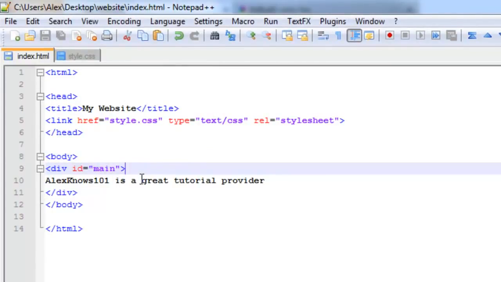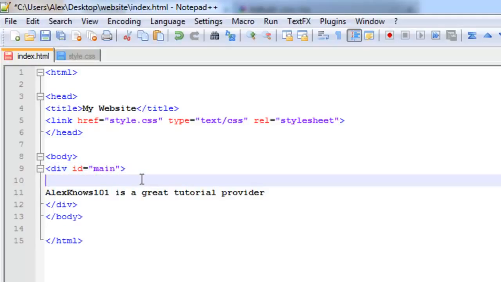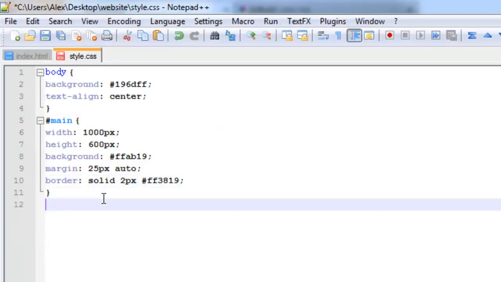So we're going to add, after this main, we're going to enter and create a new line, and we're going to use the header1 tag, which is the h1 tag, and then after that we're going to write basically the title of our web page, which I will just write as my website, and then we're going to have the /h1 tag. So now we'll save that, and there should be some default header, but what we want to do is we want to come back here and we'll take